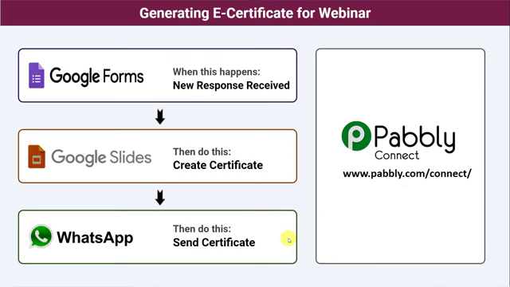For doing this, you have two options. First, take the details of the forms of each and every participant. Then manually create a certificate. Then compose a message in WhatsApp and send the certificate to your participant. But this will be a time-consuming and a tiresome process. And it becomes impossible if you have hundreds and thousands of participants into your webinar. So how are you going to do this?